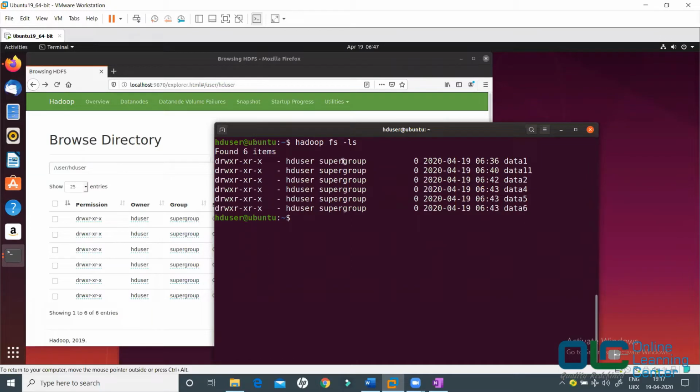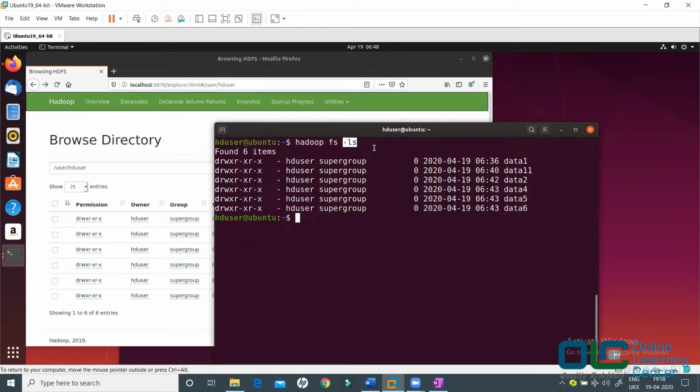So I'm saying hadoop fs -ls. What does it mean? It means list the files and folders. So you're saying, hey, I want to know the content of my HDFS. But you did not specify the content of what, right?